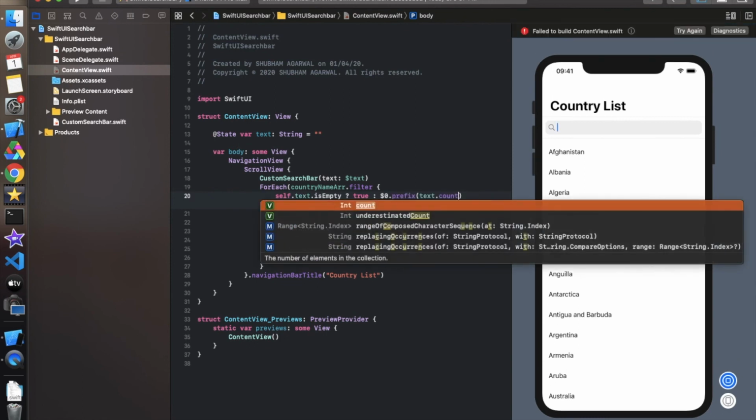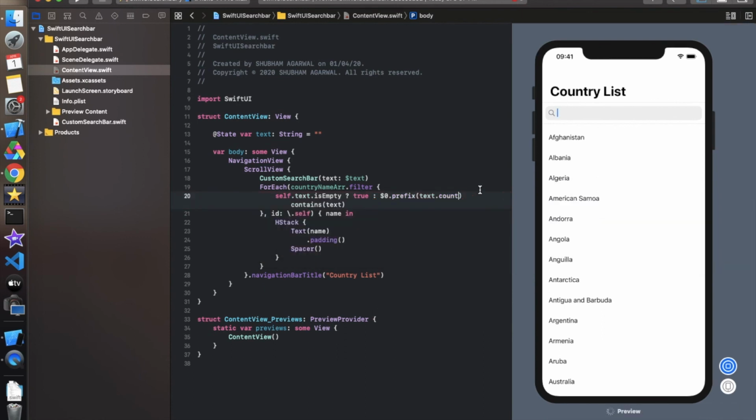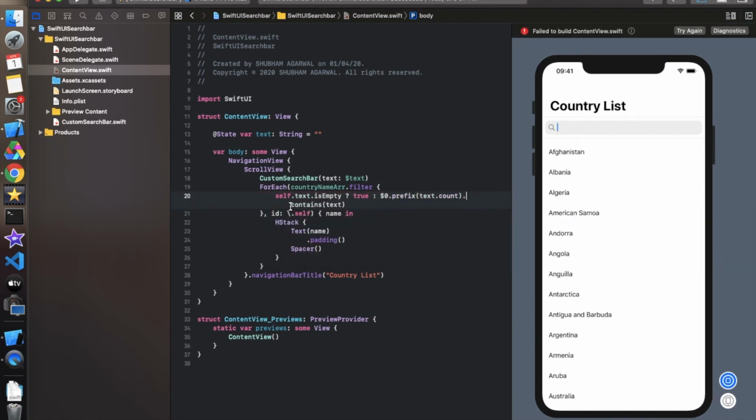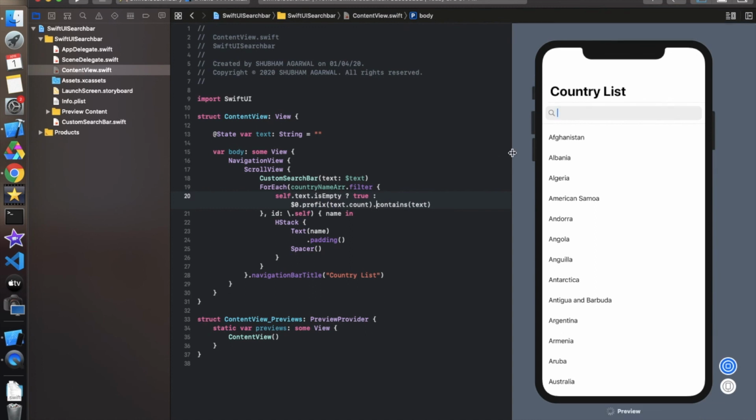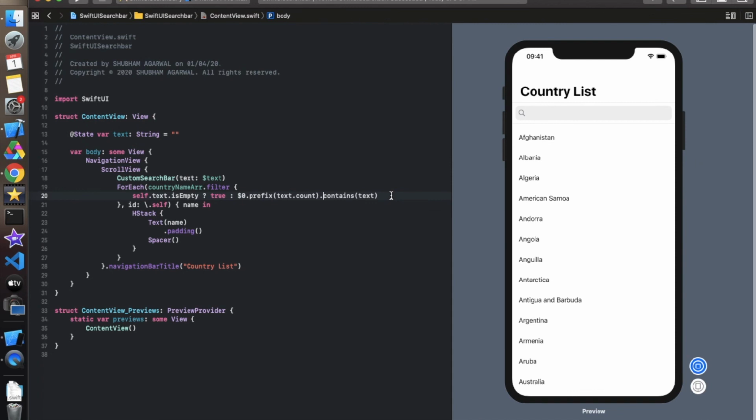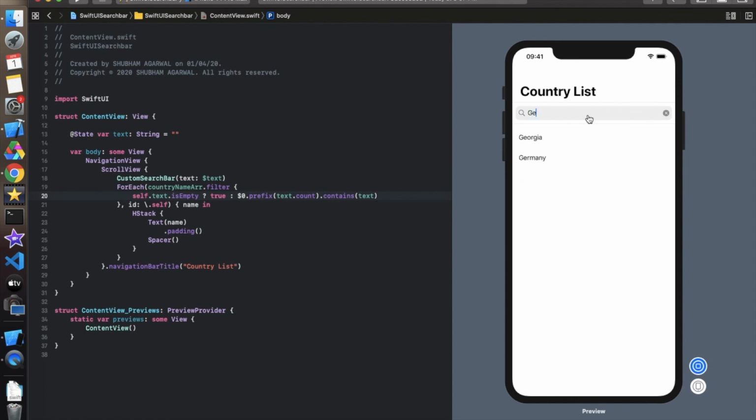And in this we will put the contains logic, dot contains, this one. There is an issue. So let's see whether it is working fine or not. It's running. Simply write GE, and it only shows the elements which start with GE. Let's type AN, and it shows the elements which have AN as their initials.